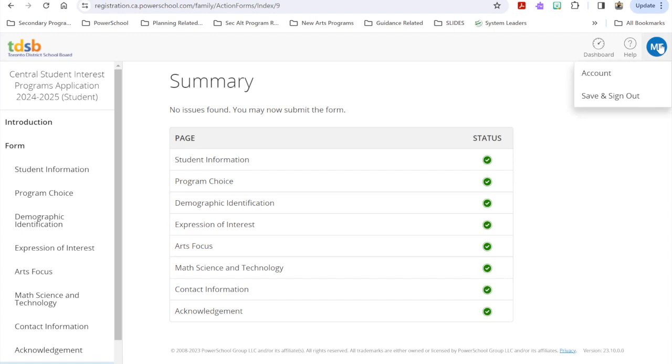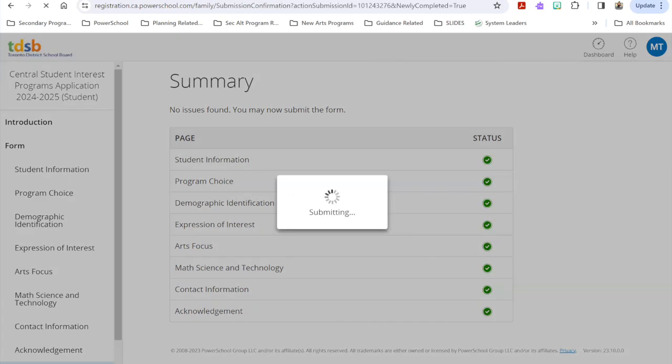The next time you sign into your account, you can continue on the application that you have already started. You don't need to start a new application. Once you have confirmed that everything is complete and that you're confident with the information and the choice or choices that you've included in the application, you can submit.